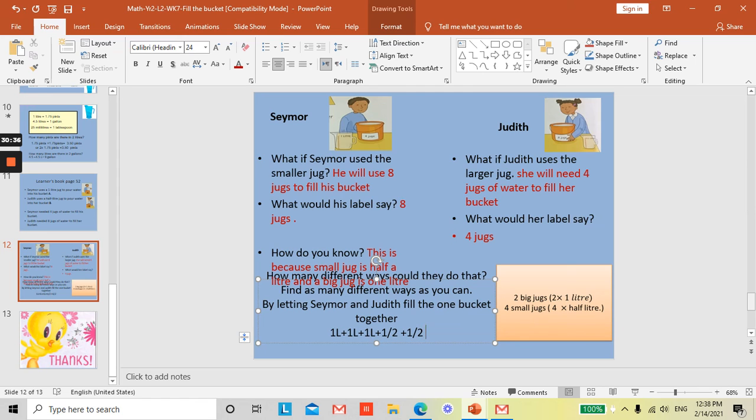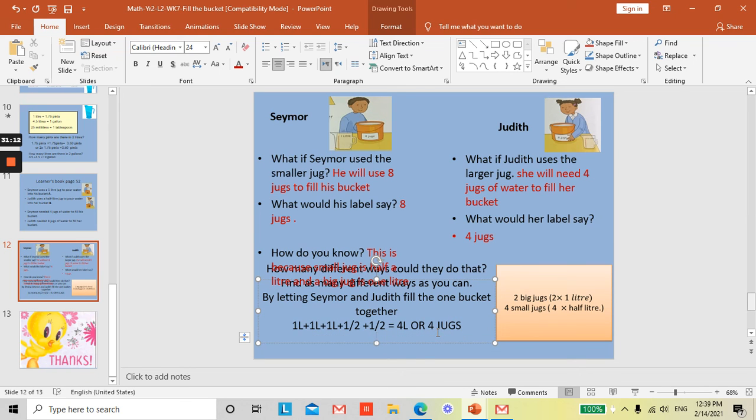a liter, which is the same as 1. We have 1 liter, 2 liters, 3 liters, 4 liters. So this is going to be 4 jugs, which is 4 liters, or 4 jugs. Okay, also we can do half a liter plus half a liter plus half a liter, which is the same as 4 jugs,